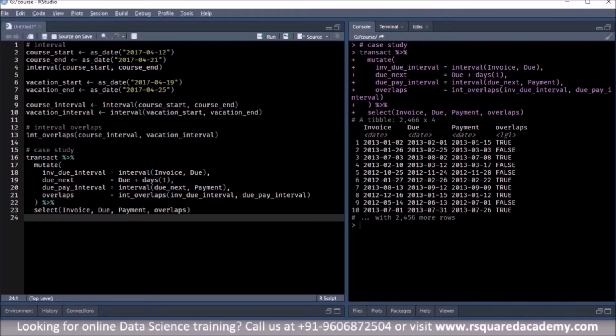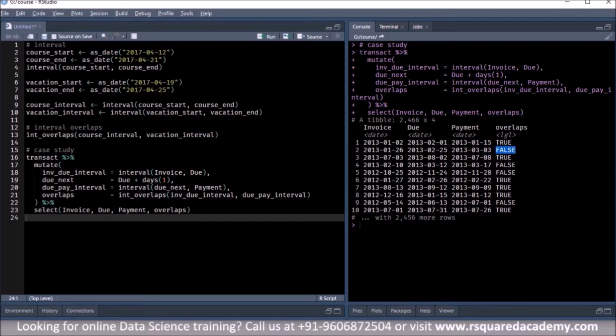Wherever the payment has happened before the due date, the overlaps column has the value true. So here payment has happened on 15th January while it was due on 1st February. Similarly, here the payment has happened on 8th July while it was due on 2nd August. In all these rows, you can see the value true. In all those cases where the payment has happened after the due date, you can see the value false.